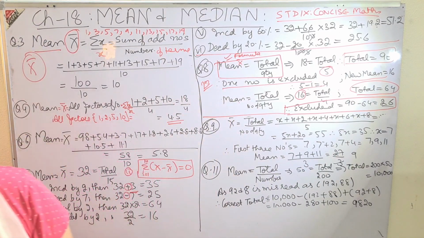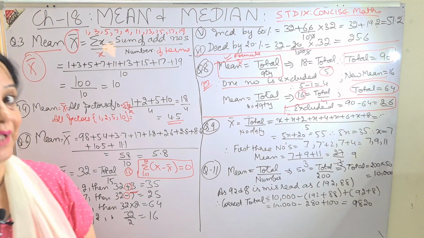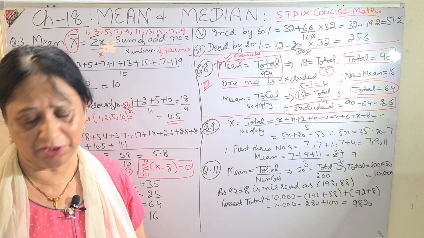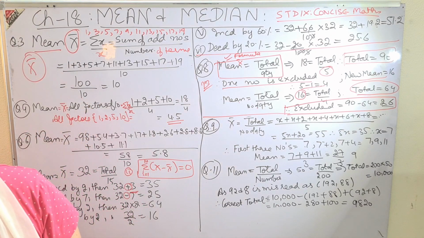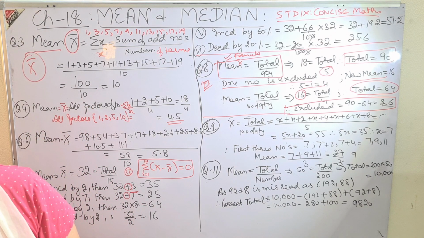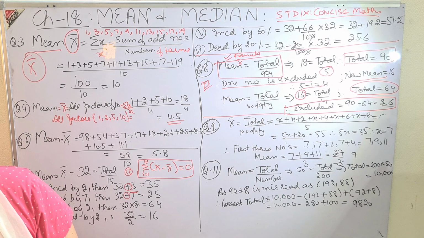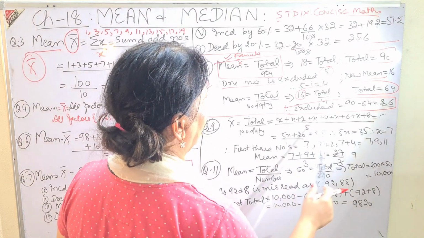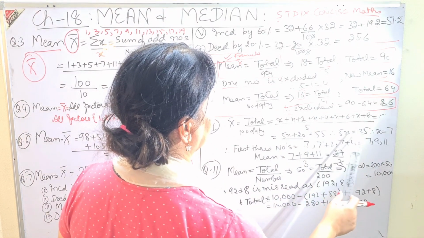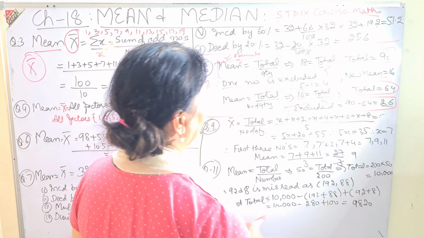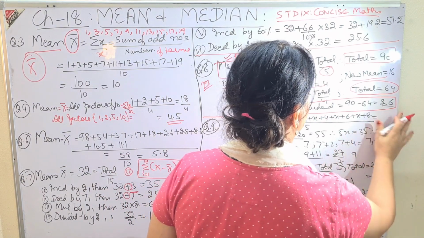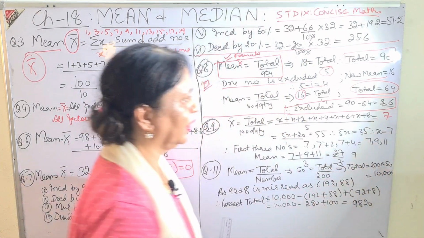Similarly, moving on along the same lines, question 9. This came in the exam last year also, and I think you got it in the unit test also, if I am not wrong. So the question is very easy again. If the mean of the observations x, x plus 2, x plus 4, x plus 6 and x plus 8 is 11. So I have added all of them. There were 5 numbers.